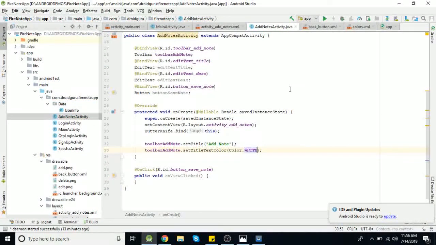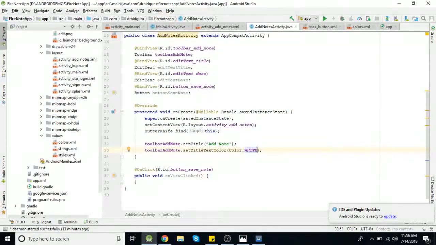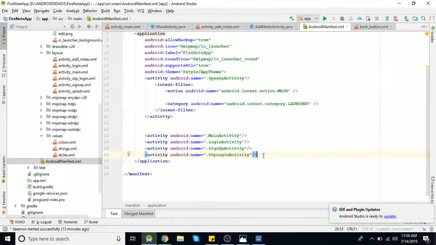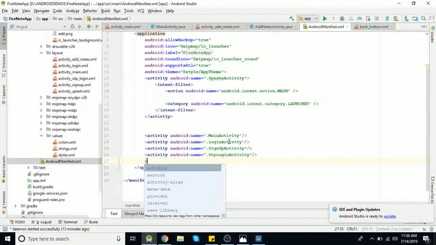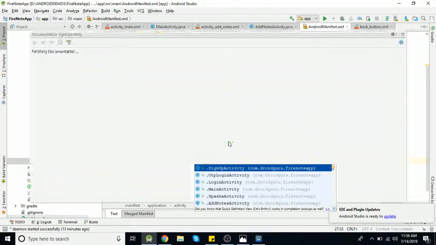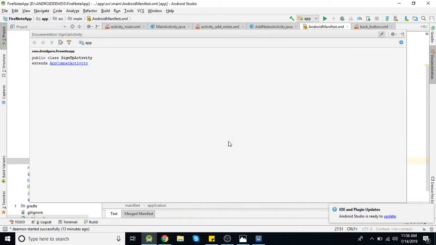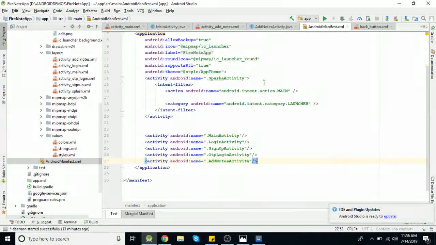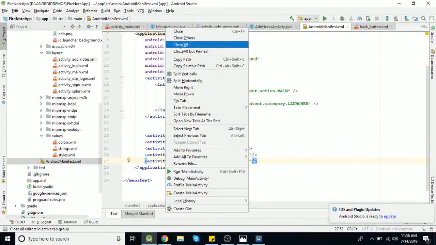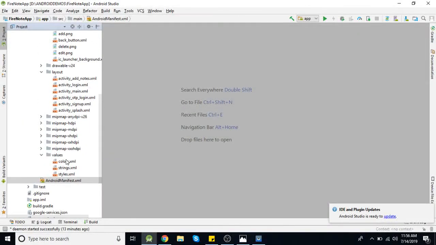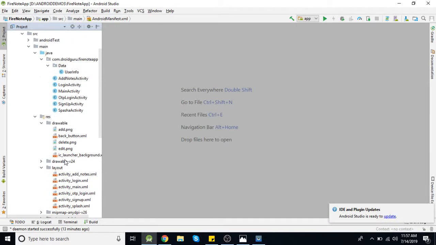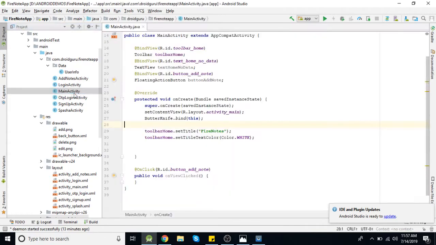Okay. We need to add this activity in the manifest file, because main activity is already there. So this new activity we are adding here, add notes activity. Now if you remember, when we implemented login functionality, if login is successful, we are redirecting the user to this main activity, that is our home activity.